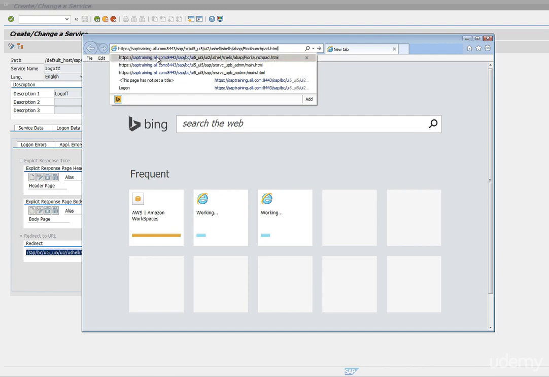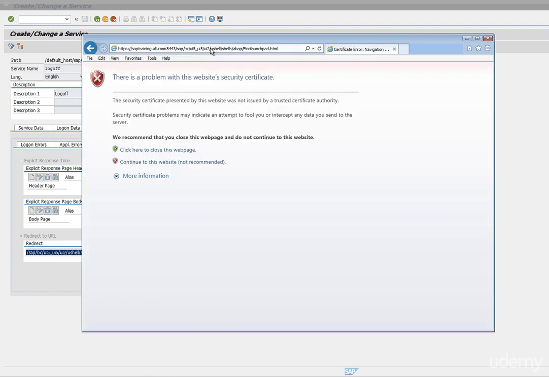Please make a note that the path for SAP Fiori Launchpad is SAP BC UI5 UI2 USHELL shells ABAP Fiori Launchpad.html. We just activated the USHELL service with an ABAP class, and the reason for specifying the ABAP class is the login page with the SAP Fiori standard branding. So when you hit this URL,